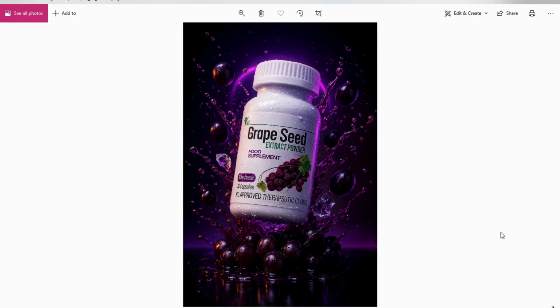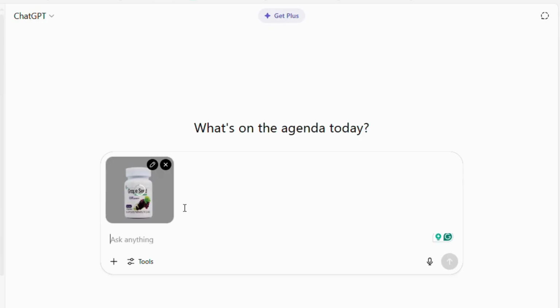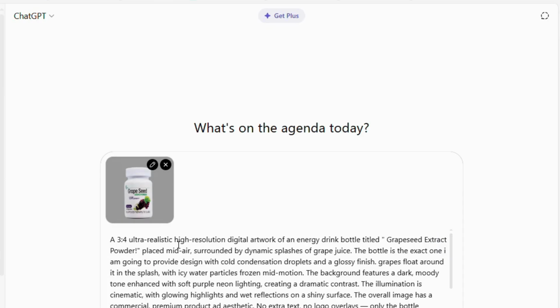First, you have to upload the product that you are going to use and open your ChatGPT and upload the picture that you are going to use. I'll be using this bottle, and then put this command or prompt: A 340 realistic or ultra realistic high resolution digital